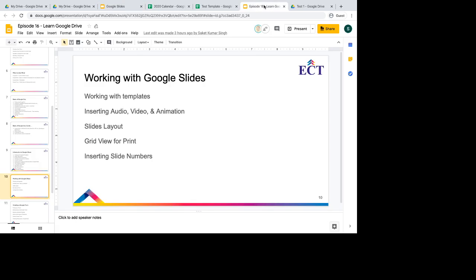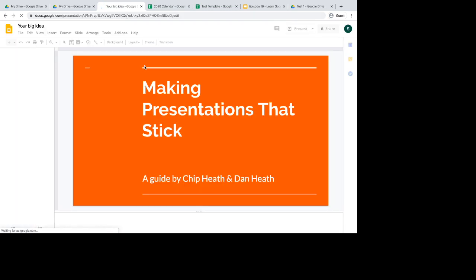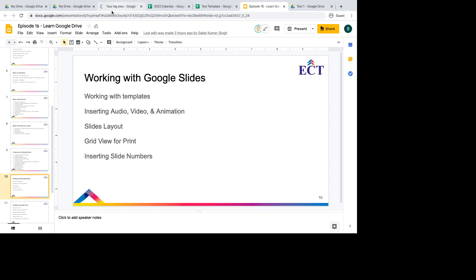It's very similar to a PowerPoint presentation, except that inserting audio, video, and animations is quite simple in Google Slides, right? Also, I have seen, suppose I have to take a printout of this document, so I don't need to take a printout of every slide. I can simply click here and